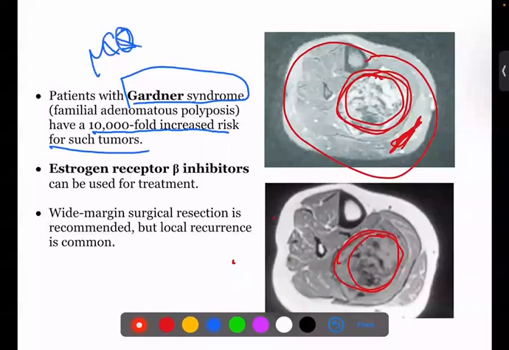For desmoid fibromatosis, they respond well to estrogen receptor inhibitors, or let's say hormonal therapy. Wide margin surgical excision is still in the books, but not in the literature. It's not advisable. I don't recommend it. I've never operated on a desmoid fibromatosis. We always send them for radiotherapy and hormonal therapy, but we don't touch them because